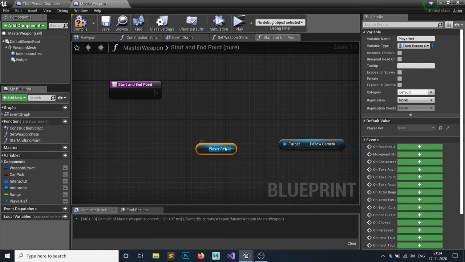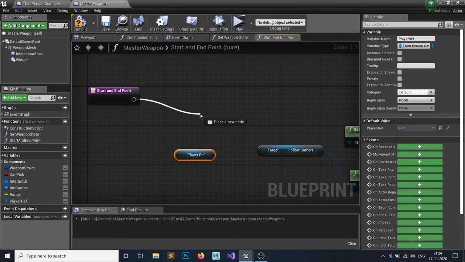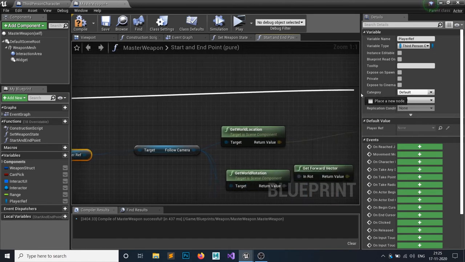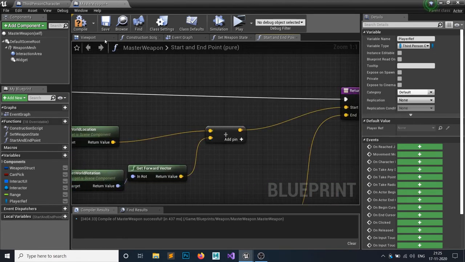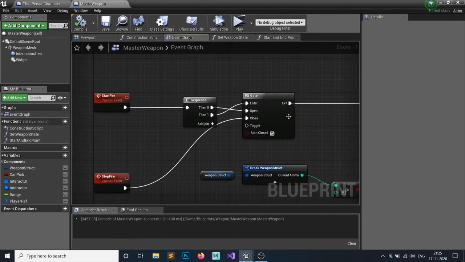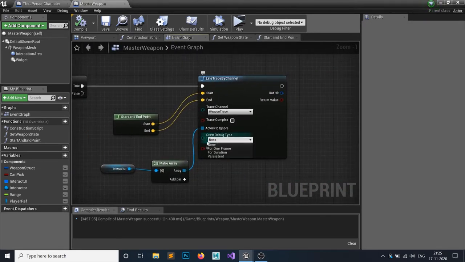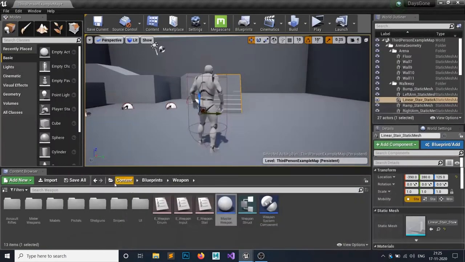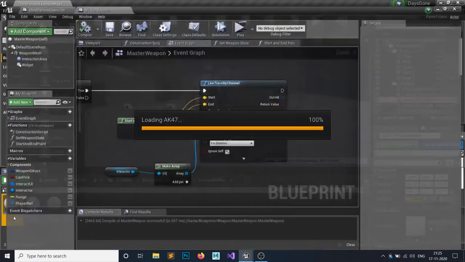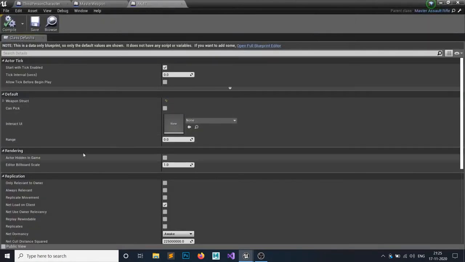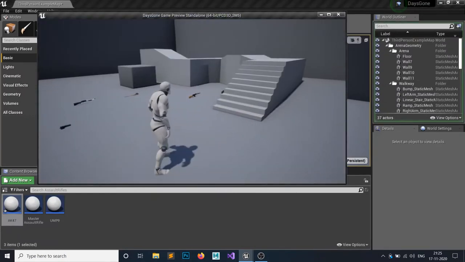This is why I simply cast it in the interact function, and then I will simply use this variable, because it is already cast, so everything is saved in this variable, and the start point will go to this end point. Okay, hit compile, save. In here let's set debug type to duration so that I can see. I will minimize it, and let's create the assault rifle AK-47. My gun range should be 10,000 for the AK-47, this is just for testing purposes. So let's see if it is working or not.